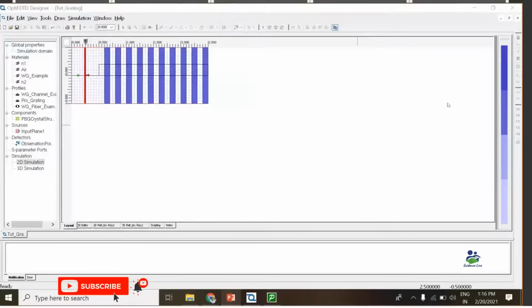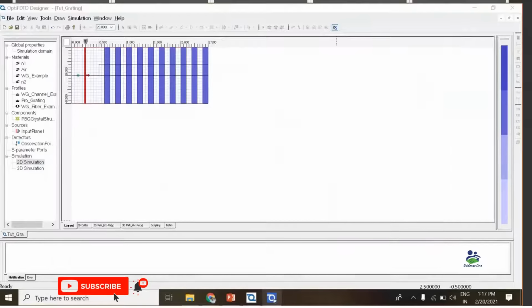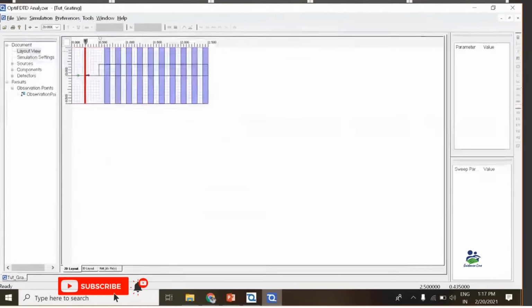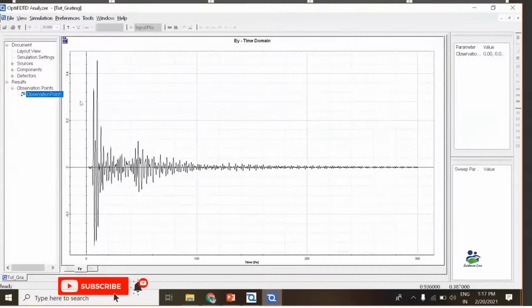Now the simulation is completed. This is the analyzer window, and if I open the observation point, now you can see the time is sufficiently long enough to decay the electric field over here.